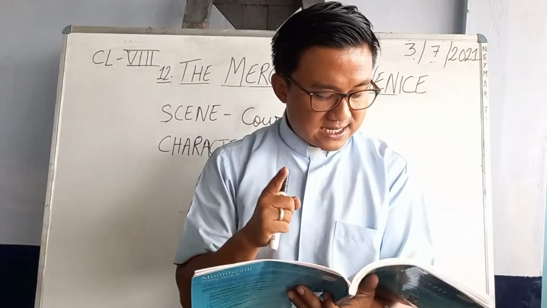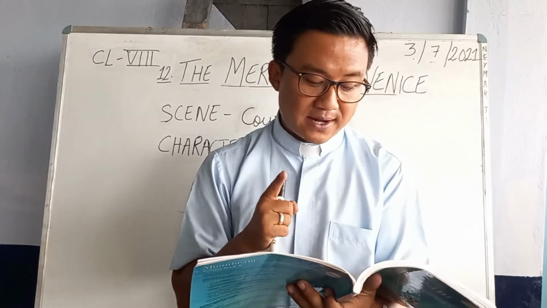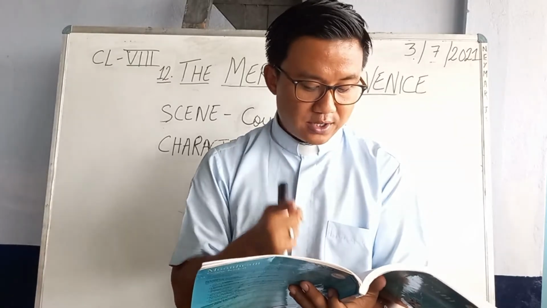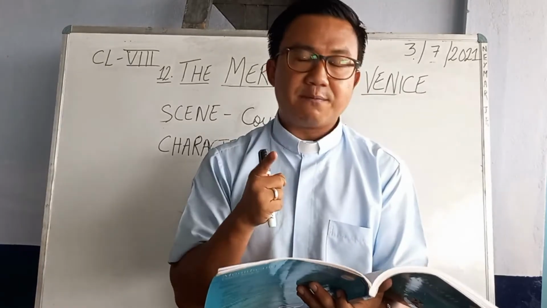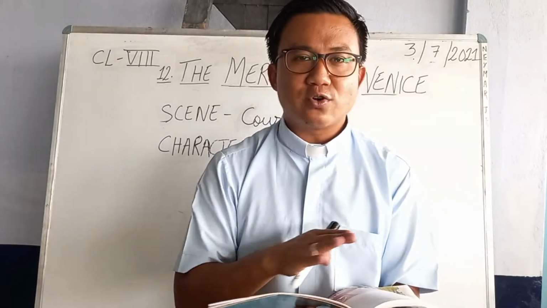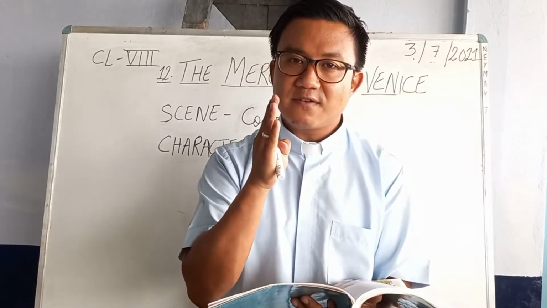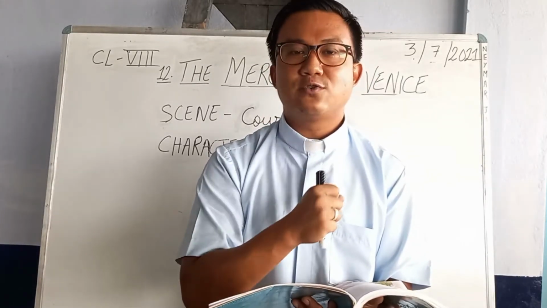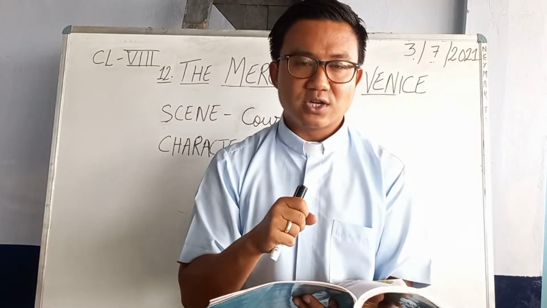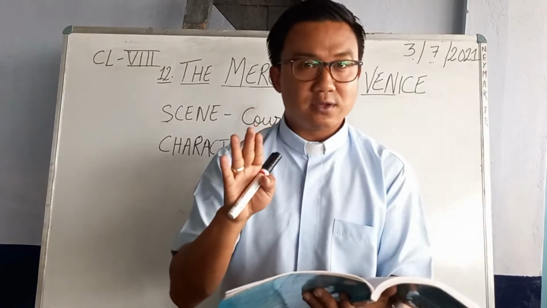Shylock says, I take all responsibility for my decisions. I want the law, the penalty, and the fulfillment of my contract. Now see, Shylock is not at all ready to accept this. He has already made up his mind to kill Antonio, actually, to have one pound of flesh. So therefore he says, I take responsibility of my decisions.